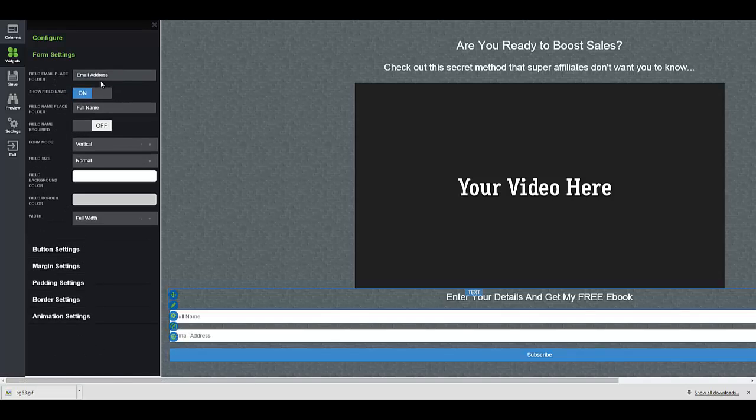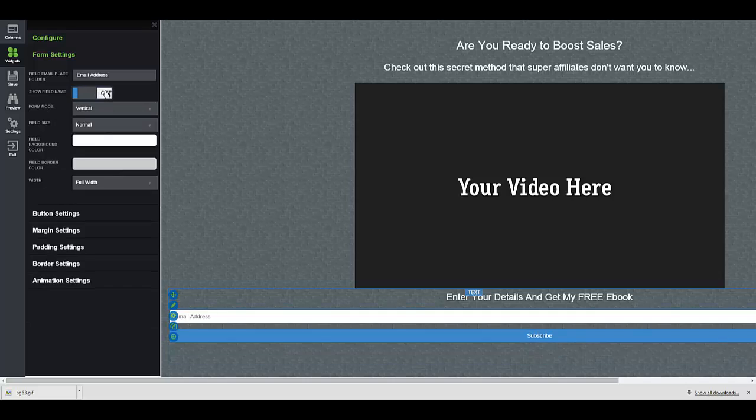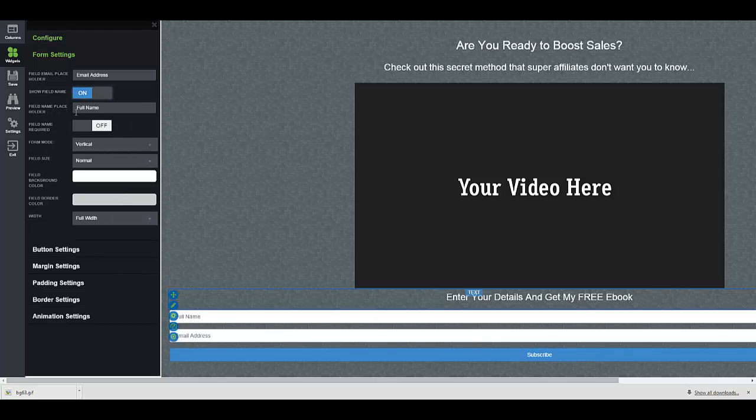So in the form settings, in the email placeholder, it's going to say email address. I'll keep that as is. You can choose whether you need a name or don't need a name. As you can see, when you click off, the name field goes away. The placeholder is full name. That's fine. Is the field name required? This is going to decide whether people that opt in need to enter their name or not. Right now it's not required, so if someone came in and just entered their email address, they would be able